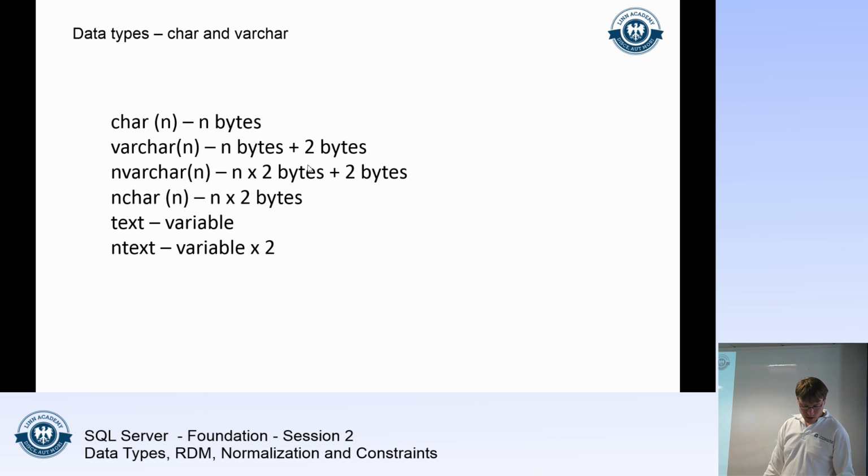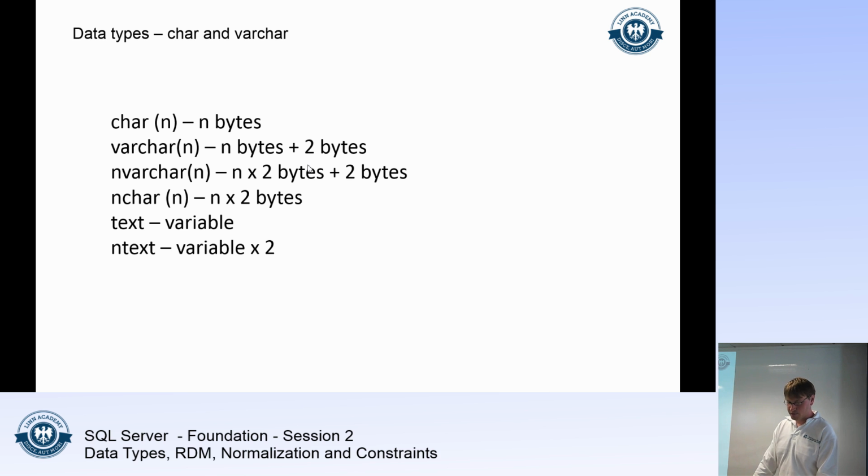Okay, the most common data type in SQL Server is strings and character fields. There are a number of options available. If you look at char, that's a specific length field, and it actually occupies that much space in database storage. For example, if I declare char of 10 characters, it will take 10 bytes to store that field always. Even if I save the data with only 2 characters in it, it will still occupy 10 bytes in the page